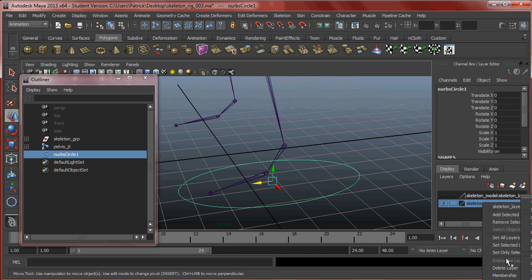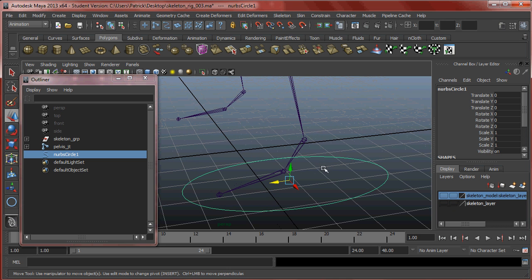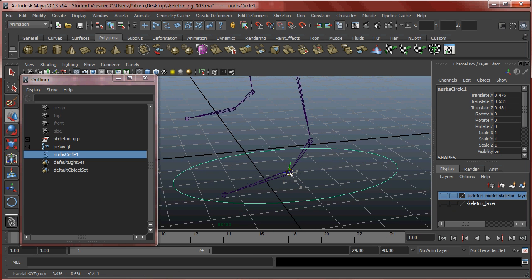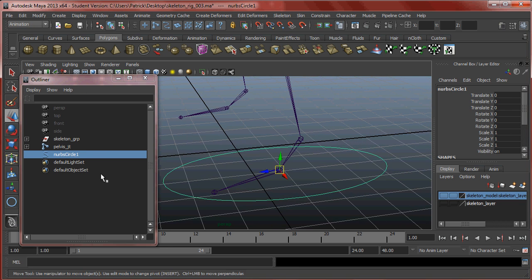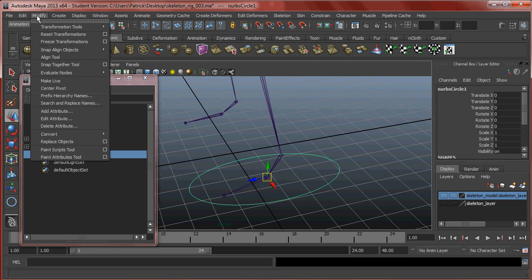Alright, let me get rid of that right there. I'm going to snap this to the ball of my foot and then freeze my transformations. So let's go in and make my custom attributes for my foot. We do that by selecting my foot control handle, and I'm going to go to Modify up here at the top,